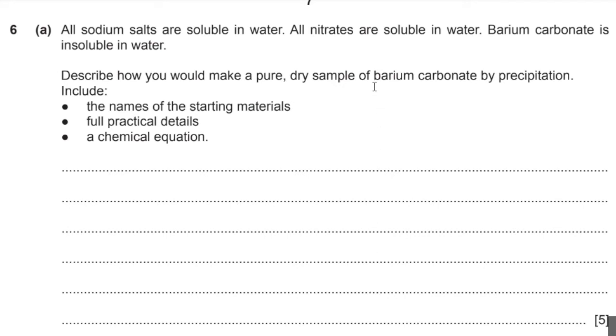So that means to start with, you need to have two compounds which have barium and the carbonate ion. As you can see over here, sodium salts are soluble in water. That means this is a hint that you need to have a sodium salt in this reaction, which could be the starting material. And so we're going to be having sodium carbonate as one of the starting materials. So the names of the starting materials are sodium carbonate,